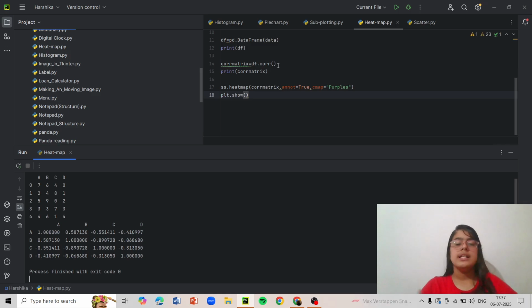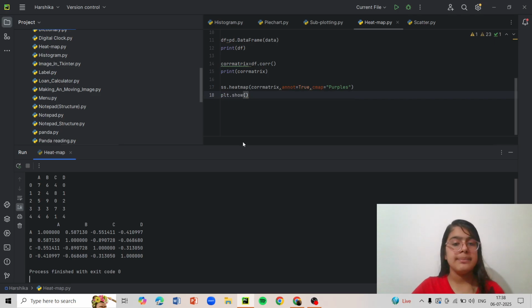Instead of corr matrix, I can use many other things, but corr matrix is an already inbuilt function in pandas. What corr matrix basically does is it gives us similarities and it compares the data for us. So we don't have to do it manually. I first put it in a variable, and then I've printed it. So you can see over here that A is related to A by full, A is related to B by 0.5, and so on.